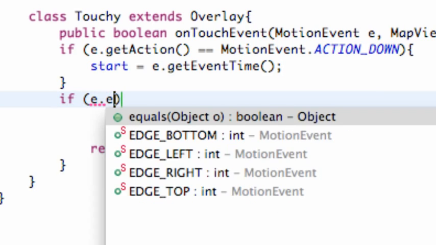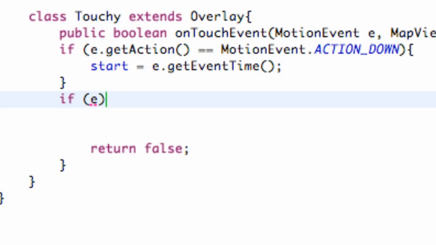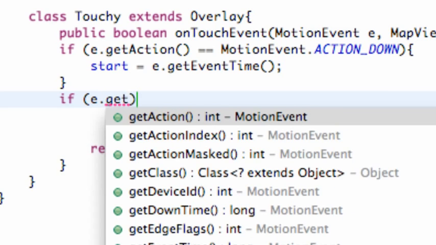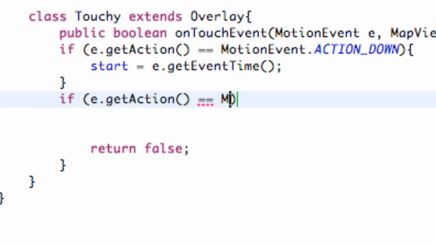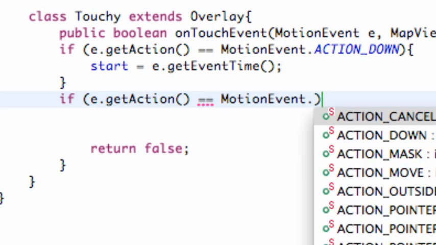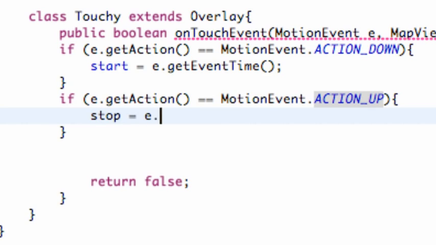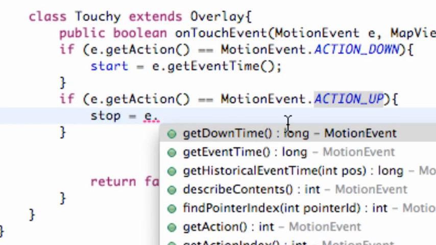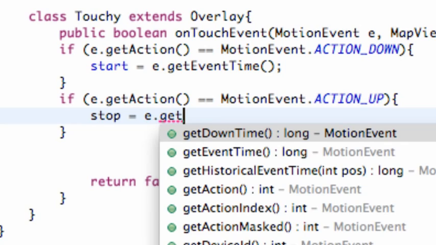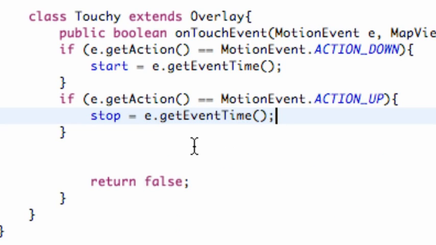So we're going to say if e.getAction equals MotionEvent.ACTION_UP. Right there. So now when we release, we're going to set up our ending point. We're just going to say stop is equal to, again, our event when this action up happens, dot getEventTime. And lastly, all we're going to do is subtract this time from this time, and if it's greater than like a second and a half, then we're going to